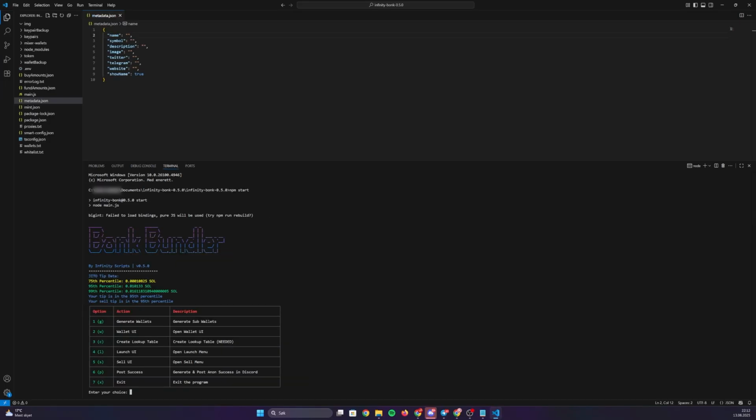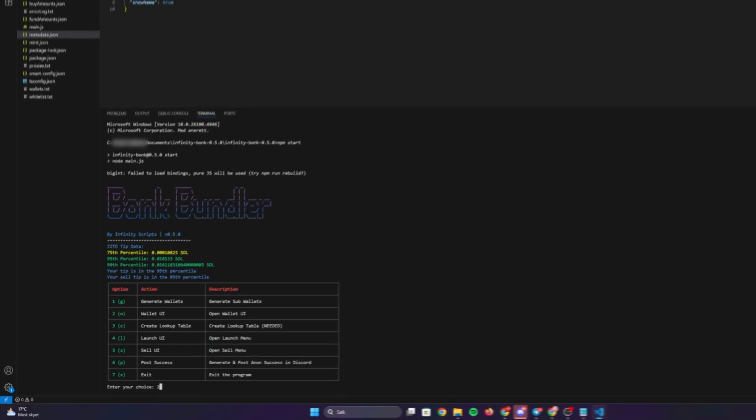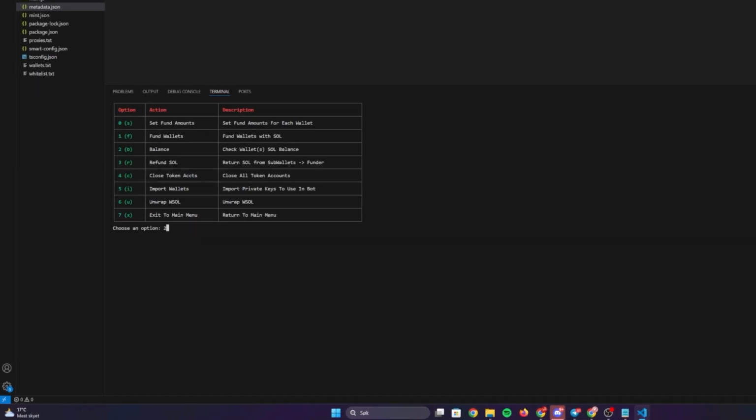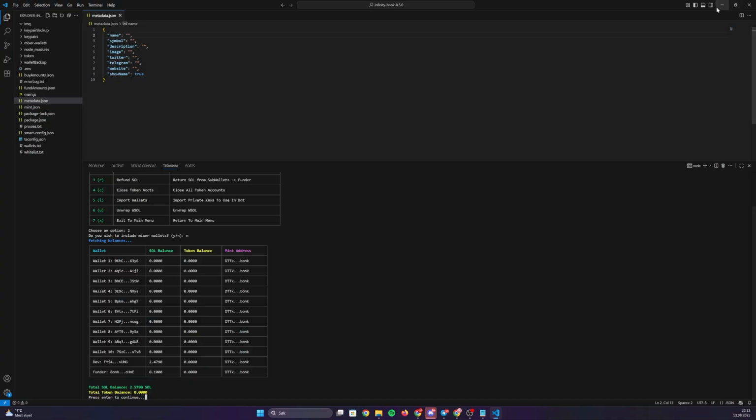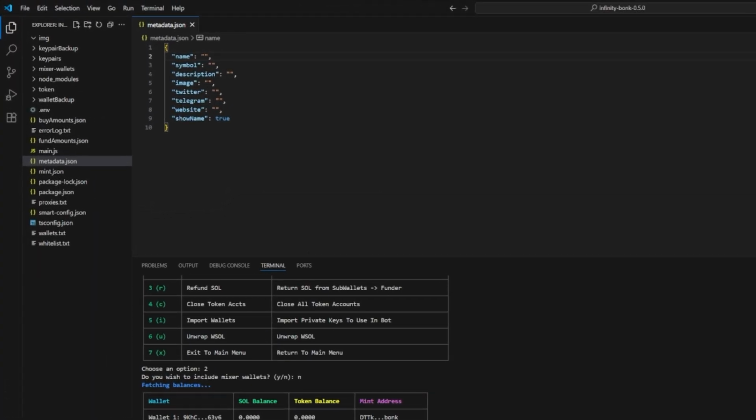npm start, and then okay, let's actually check wallets balance. Okay, let's see. Yeah, my dev wallet has 2.4 sol and the funder has 0.1. The funder always needs to have some sol, even though the funder is not going to be included in this at all. And then what I will do is I will basically go here and change the name to FOMO